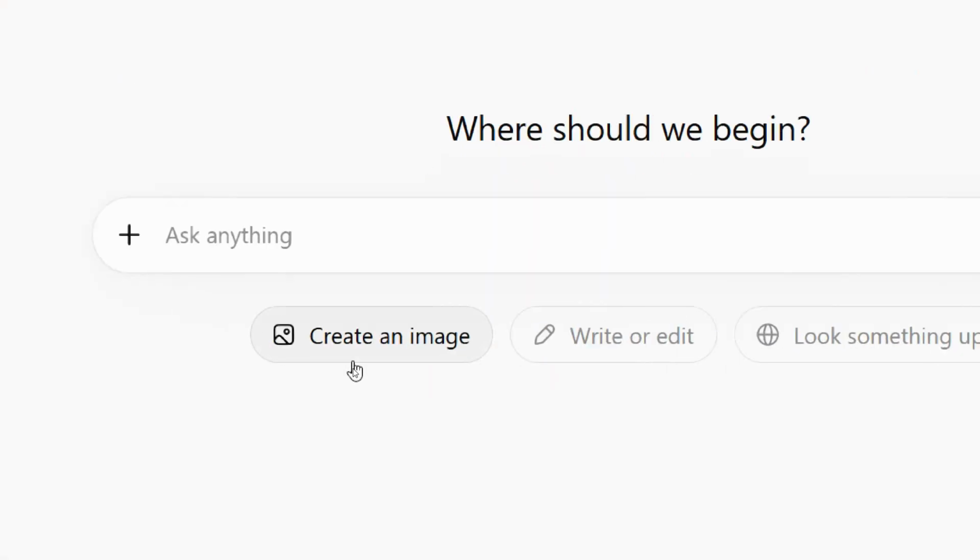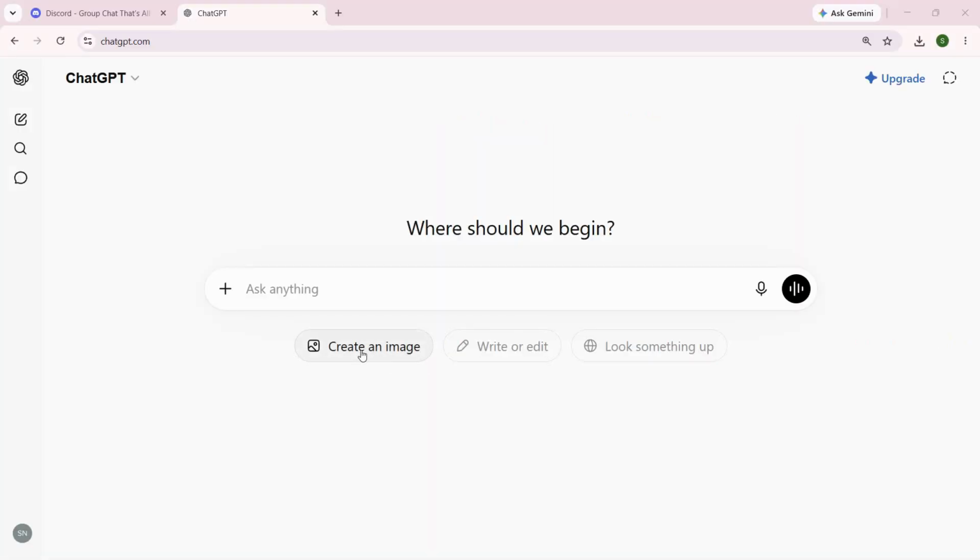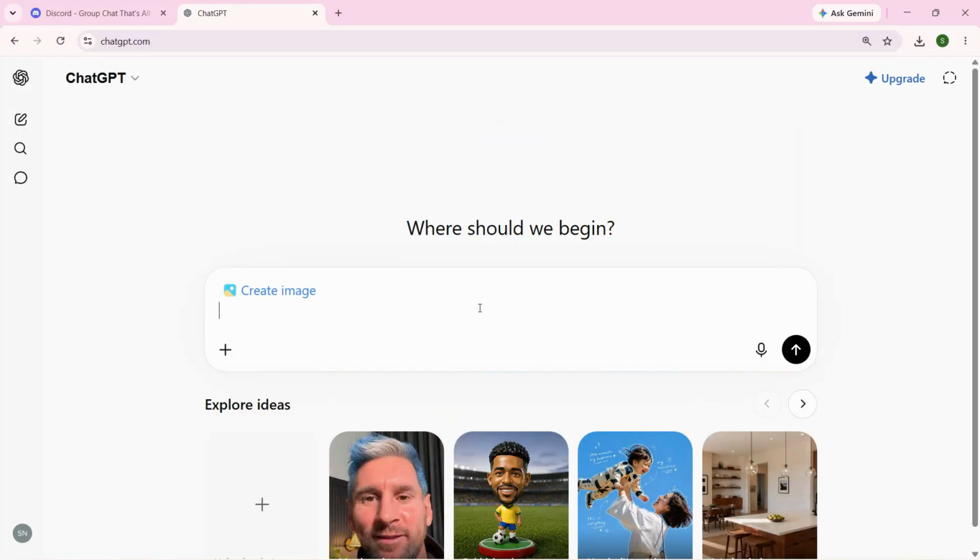So for example, I want to create a GIF which is an image. So click on create image from here. And basically we will define the image. We will write here make 3-second GIF animated image of a dancing duck,